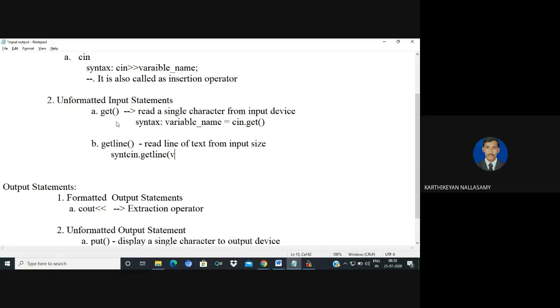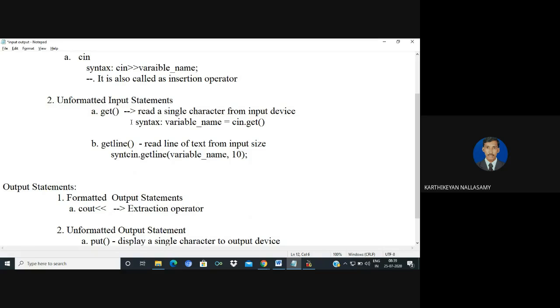Here you need to define the variable name and the maximum number of characters you are going to read. So these are the two possible syntaxes for get and getline.